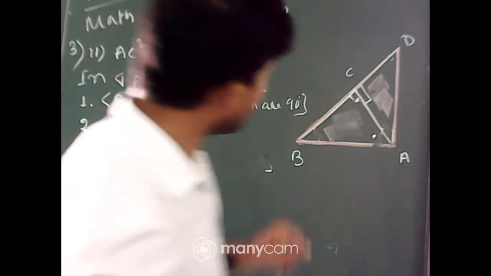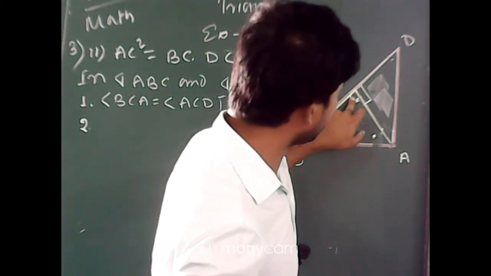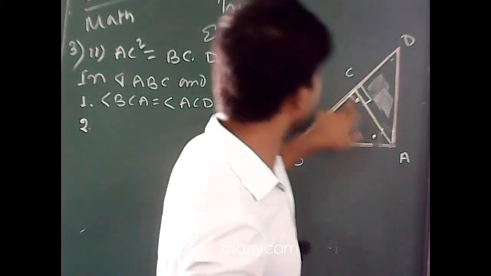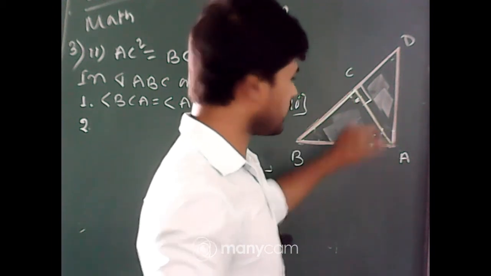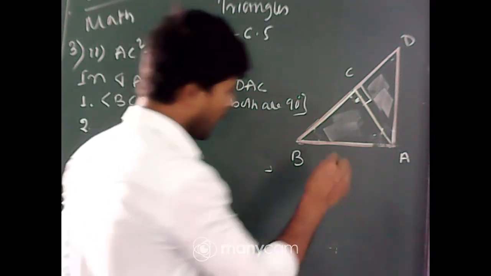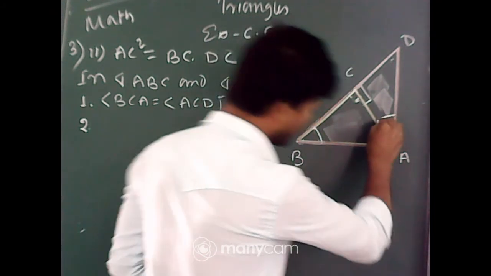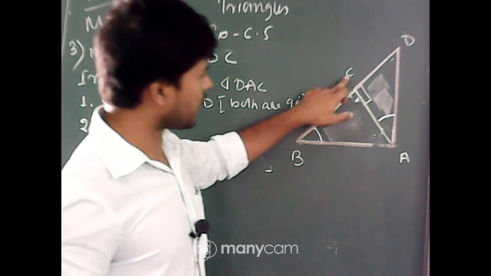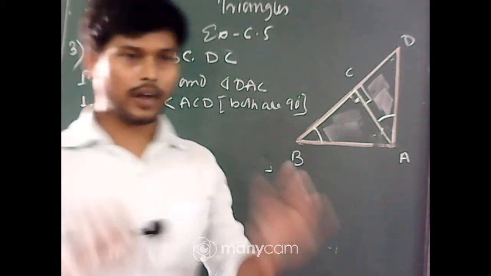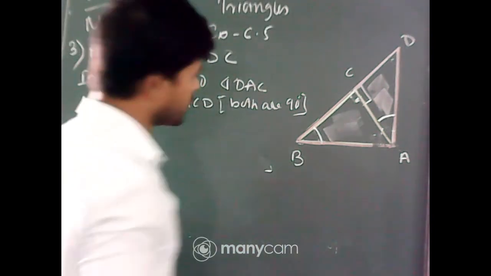Okay, Srijana is saying that angle BAC is equal to angle DAC. No, these two angles are not equal because this is not bisecting this angle. Now look, I am telling this angle will be equal to this angle. Angle ABC is equal to angle CAD. Now you will ask me why the angles are equal. I am just giving you the reason.